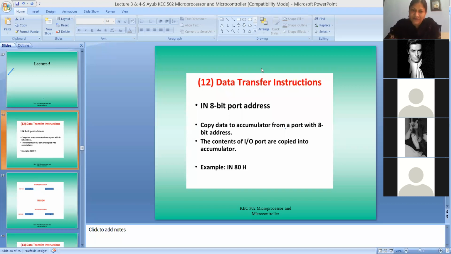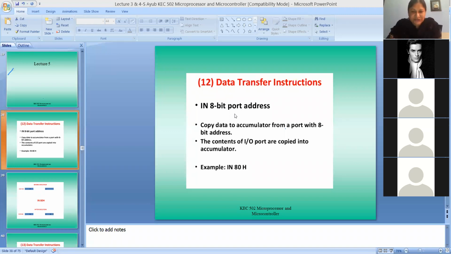Whatever ports we connect have 8-bit addresses, because this address does not correspond to an 8085 memory location. It is the address of the port externally connected to 8085. That's why only the IN and OUT instructions have an 8-bit address.